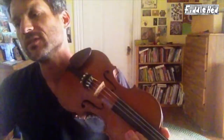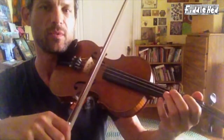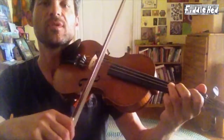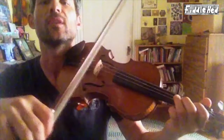Alright, next variation. Let's try the swing variation. So the straight version, going back to the basic version, is like that. If we swing it, we extend the first note and shorten the second note, and then continue that pattern throughout the tune. So it'll be like...